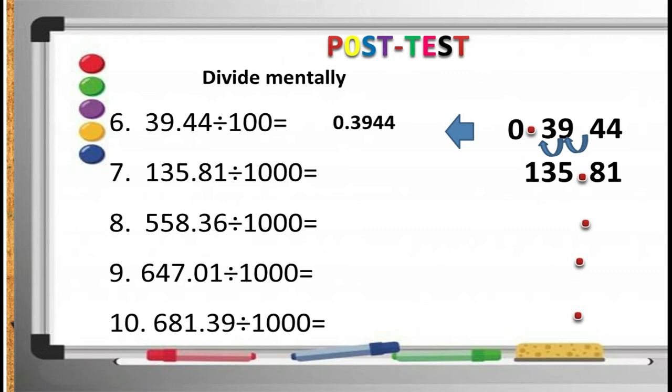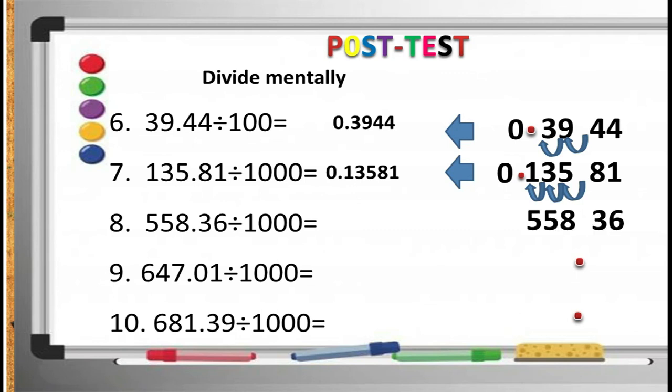Move 3 decimal places to the left. 1, 2, 3. Here is the decimal point. Write 0. The answer is 13,581 hundredths. For number 8, 558 and 36 hundredths divide 1,000. Move the decimal point 3 places to the left. 1 and 2 and 3. Here is the decimal point. Write the 0. So the answer is 55,836 hundredths. For number 9,